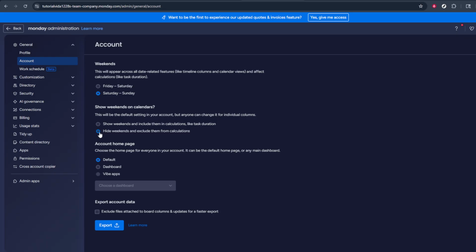On the account page, look for the option labeled Hide Weekend or a toggle related to showing or hiding weekends. When you find it, simply click to turn it on so that weekends are hidden. Once this is enabled, your timelines and date-related views will no longer display Saturday and Sunday as working days. This can help make project timelines more